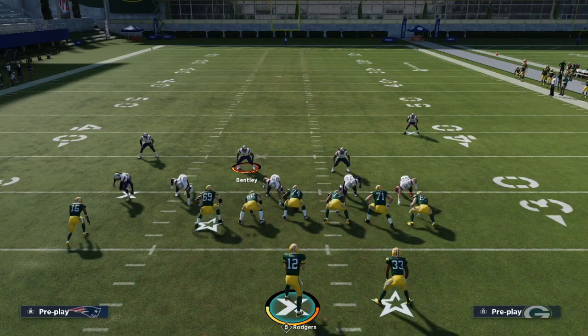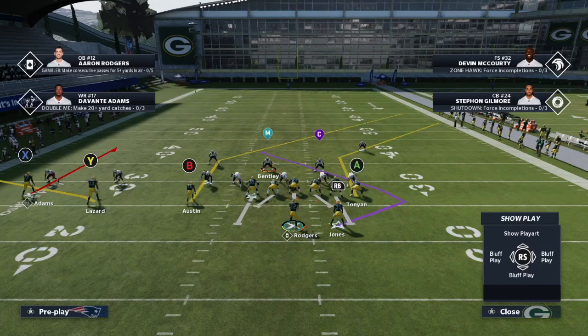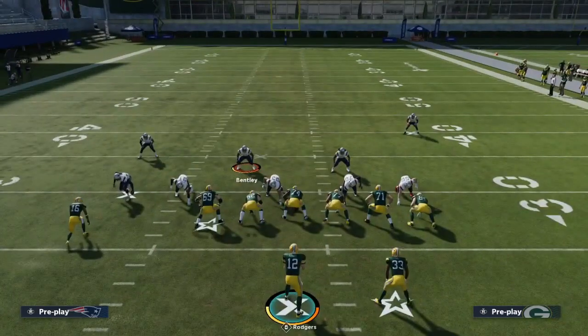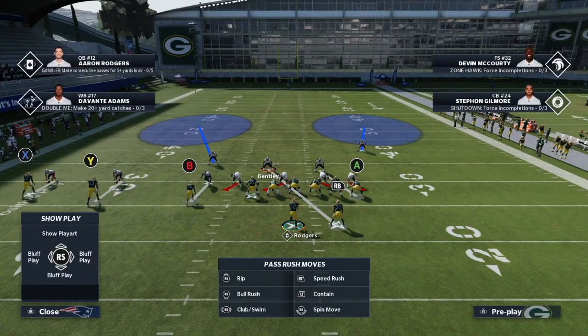In this section, we're going to be going over how to read defenses pre-snap, and this is arguably the most important section in the course. So I would pay close attention to this section. Each section is important, but this is probably the most common question I get: how to read defenses pre-snap. It's definitely a really important aspect of the game, because if you know what the defense is pre-snap, you can call a play specific for that defense, and you can beat them pre-snap